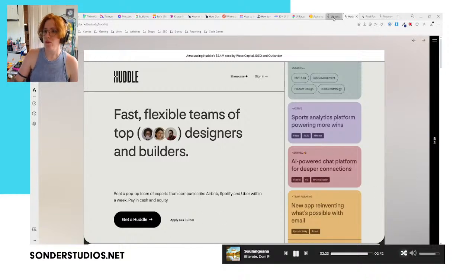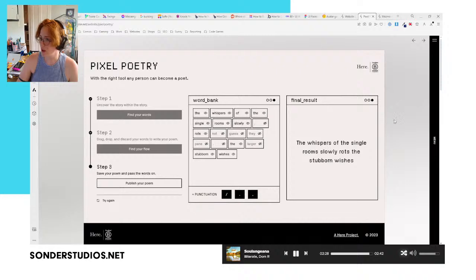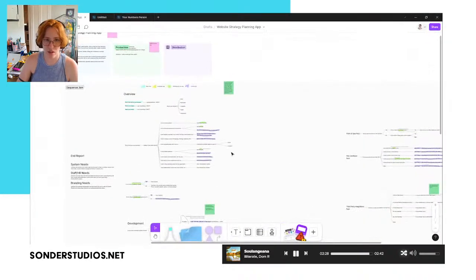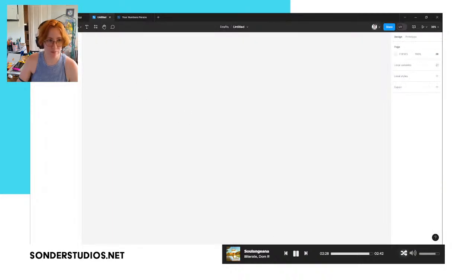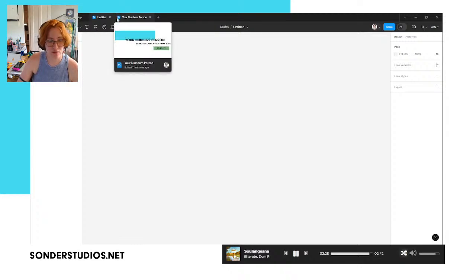You know what, I kind of want to start jamming on that. So, I think what I'm going to do is I'm just going to move this guy over to my other screen so I can keep looking at it. I'm going to start on that wireframe. Okay, but first, I have to set up this actual gosh dang Figma file.